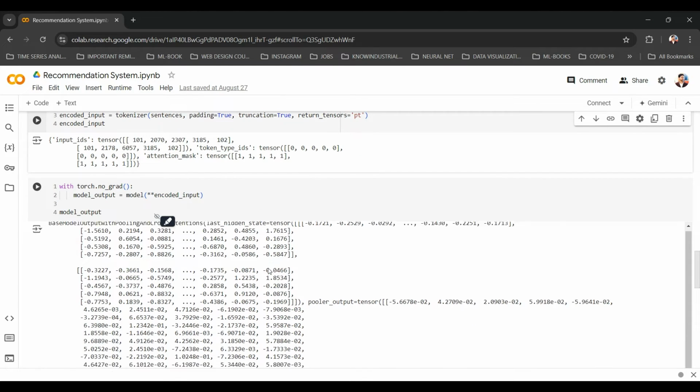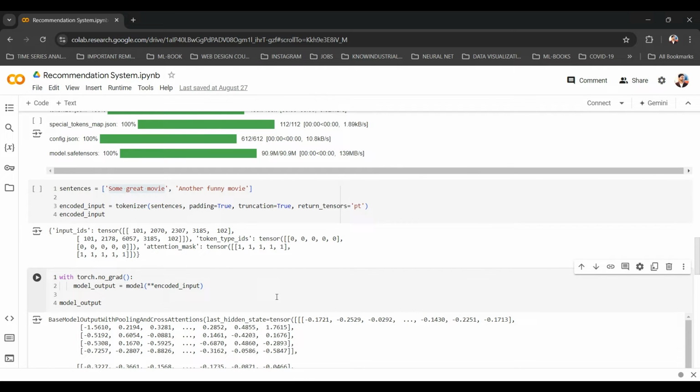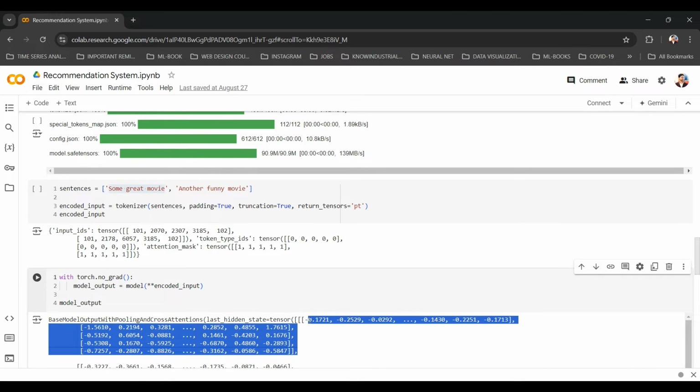For that, we need to sum up these token values and take the average, to get one full vector for this particular sentence. This is the embedding for one token only, so we'll sum this up for the number of tokens in that sentence, take the sum, and divide by the number of valid tokens.